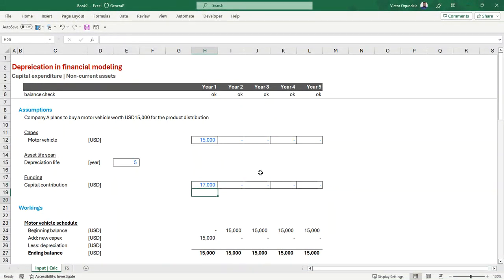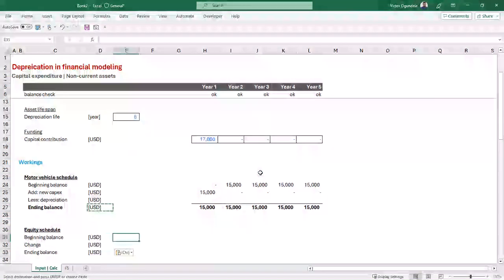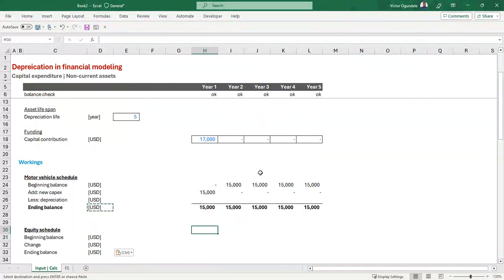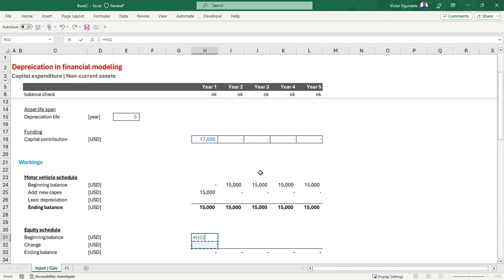So let me first post this capital contribution, and I'm going to call this my equity schedule. For the equity schedule, we use beginning balance, we have our change, then we have our ending balance. One of the reasons why I really love this approach is that as you are watching, you are also doing it as well. After watching the video, you don't need to request the documents. You can see that I'm just creating everything from scratch. So beginning balance, closing balance for previous period, drag that. Our change is our capital contribution inflow. So now